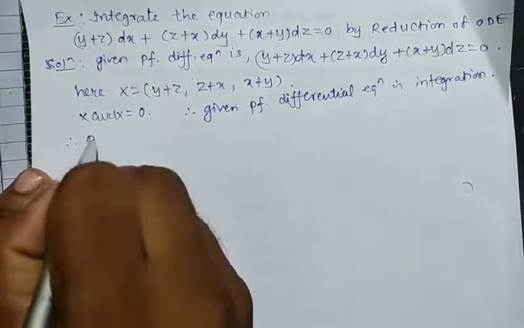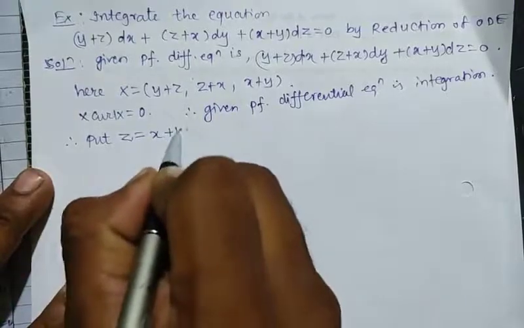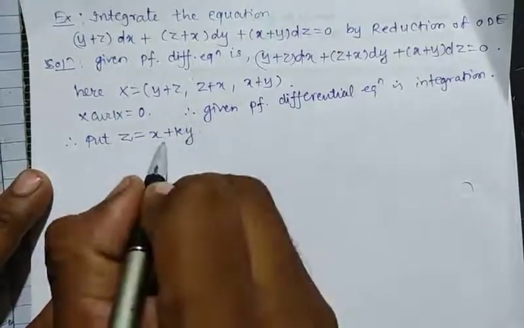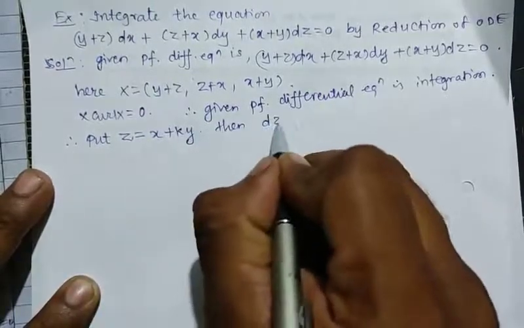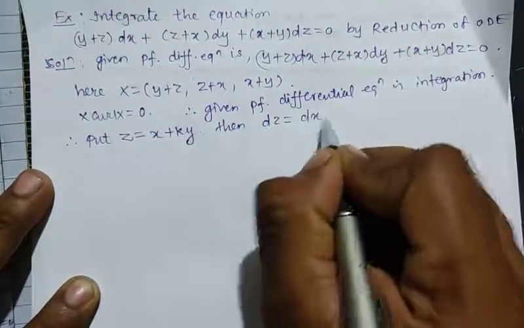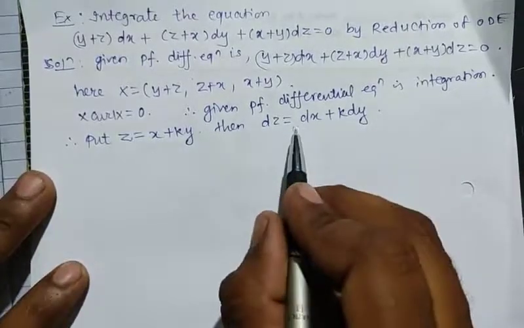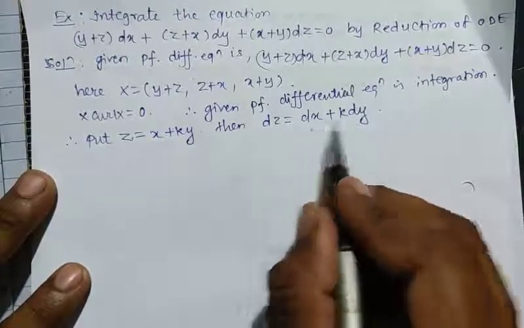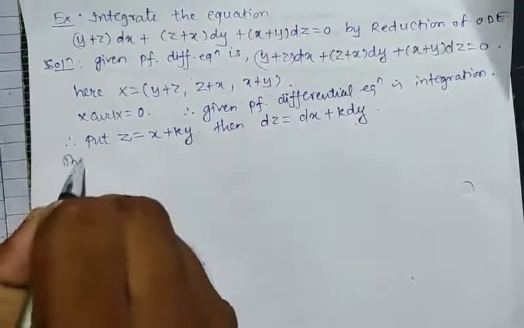So substitute z is equal to x plus ky. Then what is dz? Its derivative dz will be dx plus k dy. Substitute dz is equal to dx plus k dy in the given example. Then what happens? Then equation 1 becomes